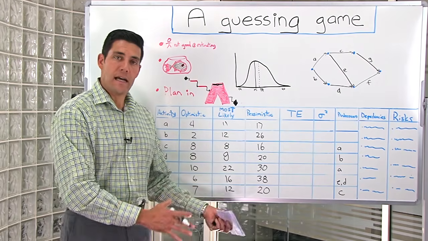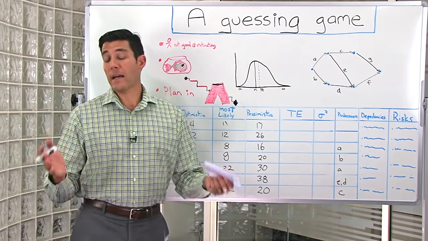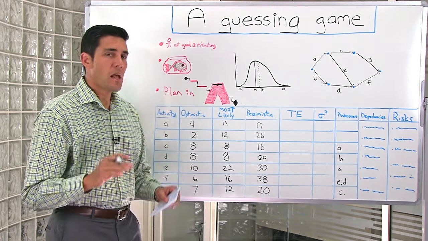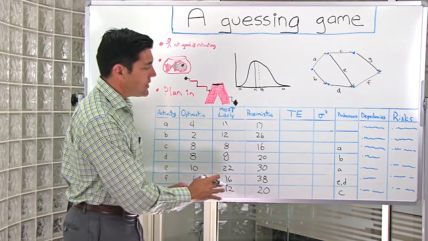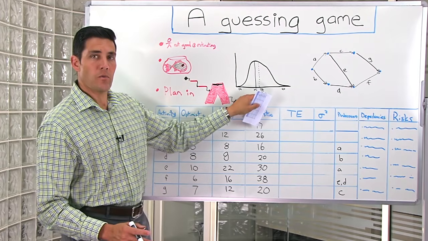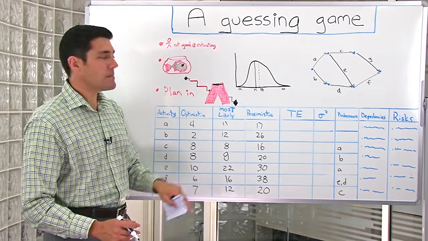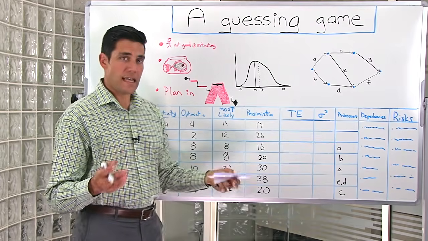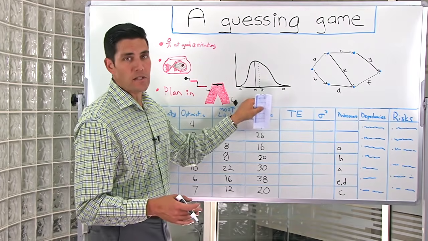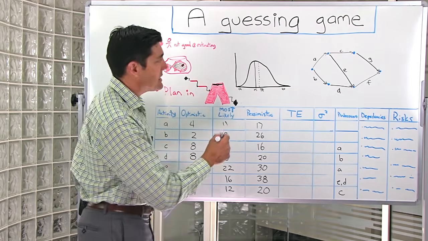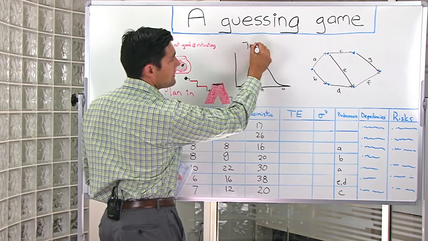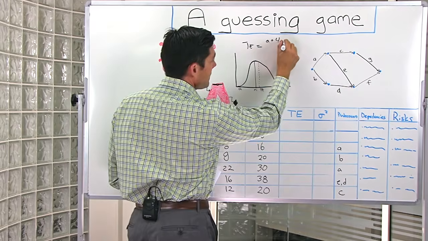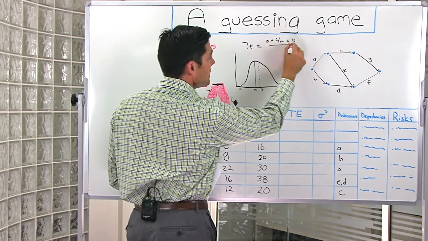Once I get the most likely time, then I can calculate the expected time for that particular task. And I use something called the beta statistical distribution to help me with that. What that means is that basically I've got a weighted average to calculate the expected time required for a task. If A is the optimistic, B is the pessimistic, and M, the mode, is the most likely, I use that statistical beta distribution to tell me what the actual expected time might be for that task, using a formula as such. Expected time is equal to A plus 4 times the most likely, plus B, which is pessimistic, divided by 6.